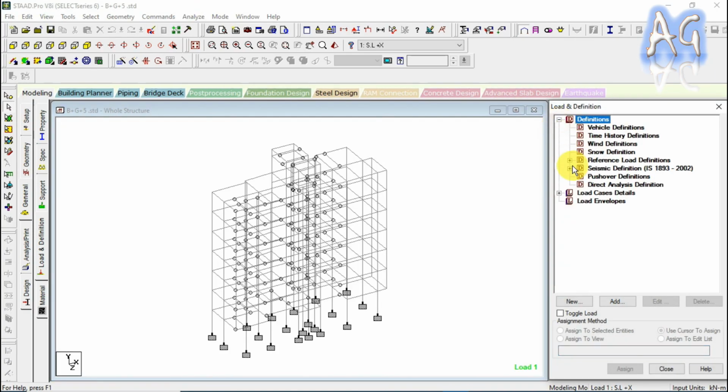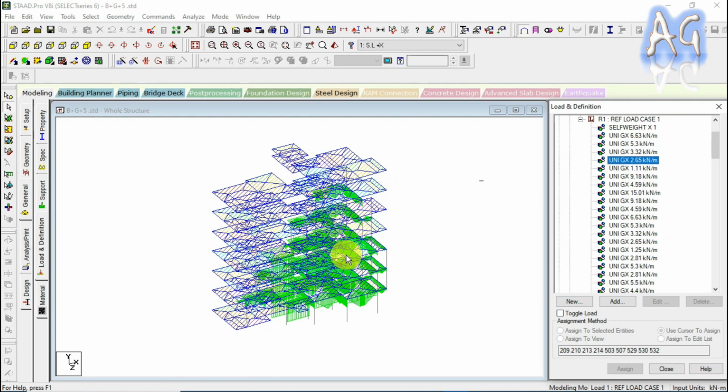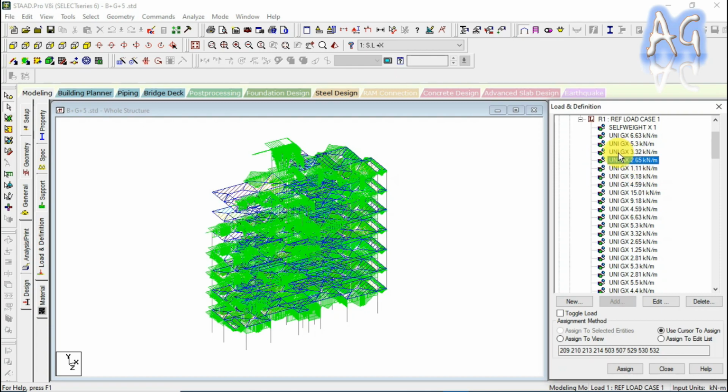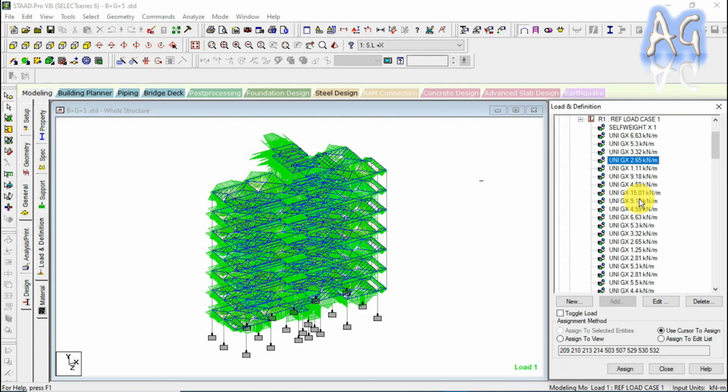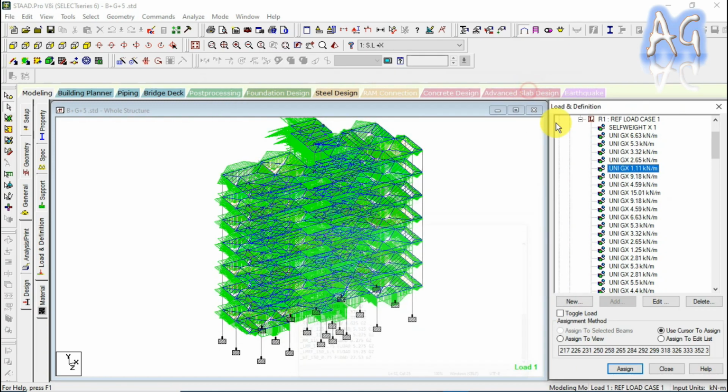So here you can see in reference load cases all this load I have automatically applied, and here you can see all the load is applied in 3 directions x, y, z. Now I am going to show you how you can add the live load here. So I'm just going to the editor page,